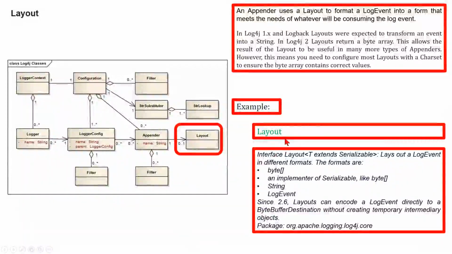Interface Layout extends Serializable and lays out a log event in different formats. Formats are byte array and implementers of Serializable like byte array, string, log event. Since 2.6, a layout can encode a log event directly to a byte buffer destination without creating temporary intermediary objects. This is in the package